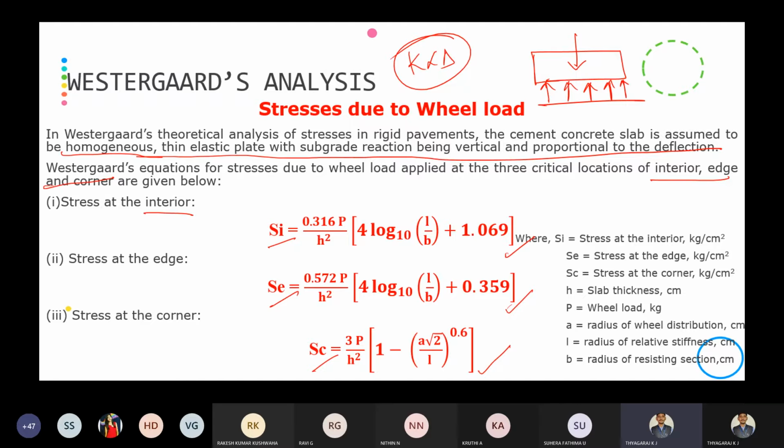And remember one thing, they will ask problems on these Westergaard wheel load stresses. They will not ask any theory portion in this. They will ask the problems. Today we are going to solve these problems in the 11 o'clock class. So everyone be ready with the notes and calculator for the 11 o'clock class, so that we can solve the problems on these wheel load stresses. So remember, the wheel load stresses will be applied on three locations: interior, at the edges of the slab, and at the corner of the CC slab.